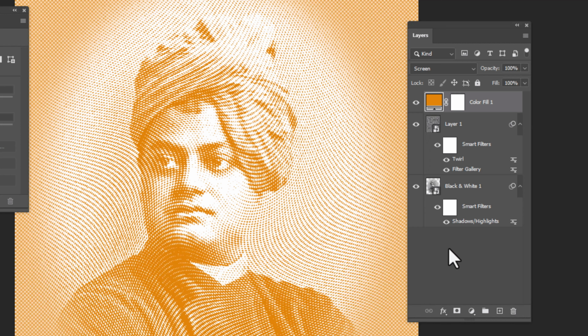So please see how the layer setup is. Make sure it's in this setup, and the only change we are going to do is in the filter gallery, and we are going to change the image also. The same thing, same effect,